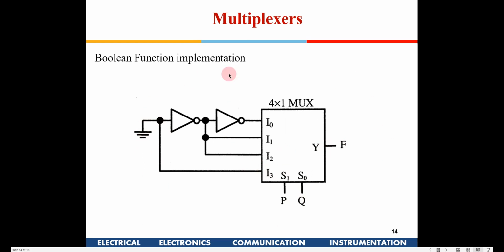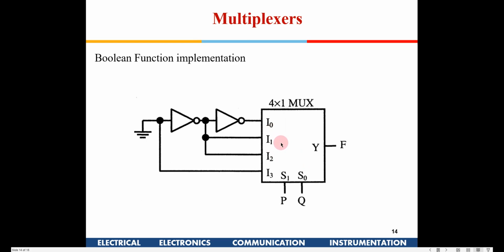So what is this actually? It's an XOR gate, right? So PQ, F is actually P XOR Q. Like 0 0, I'm going to get a 0, and 0 1 and 1 0, I'm going to get 1. And for 1 1, I am going to get a 0. So you can write f as p XOR q. So these are the different kinds of functions you can implement using a multiplexer.